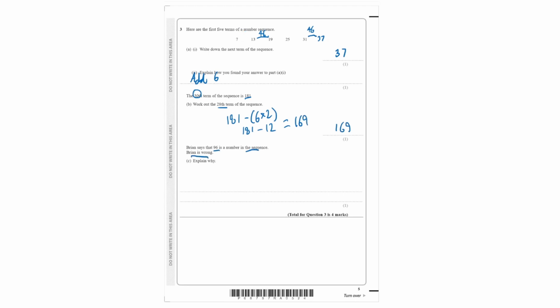So in the sequence, we can see that 7, 13, 19, 25, 31 are all odd numbers. Why is that? Because an even number plus an odd number will always be an odd number no matter what. So, no matter how many times you add 6 to the sequence, you will never get 96 because 96 is